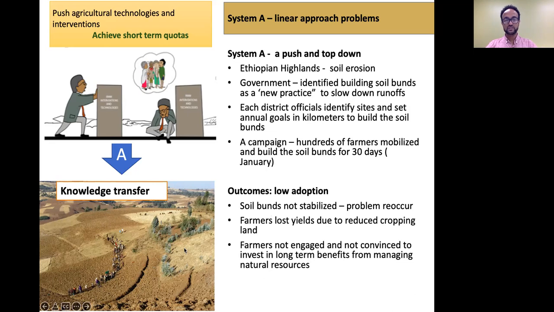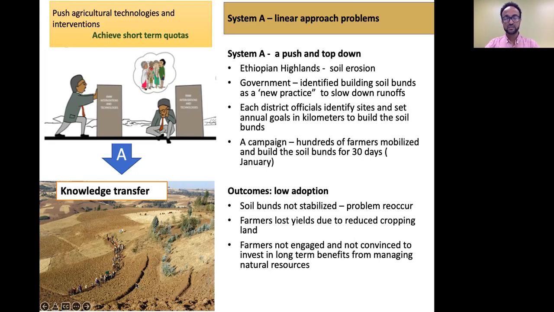So if you talk to farmers, they can tell you that every year they have to reconstruct it because it's even more exposed to soil erosion in some cases when there are no stones to stabilize the soils. And farmers also think that they are losing yields. They are right in terms of the size of land that's used to construct and build these soil bunds